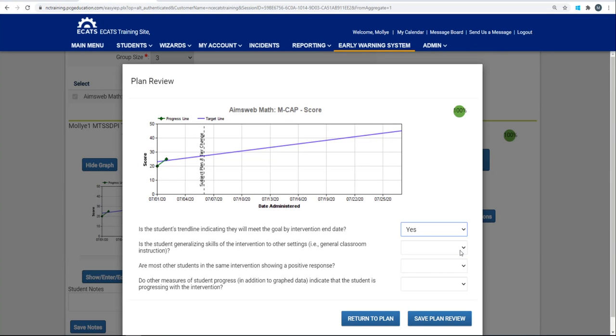Is the student generalizing the skills of the intervention to other settings? Again, you answer yes, no, or we don't have enough information. Are most other students in the same intervention showing a positive response? And do other measures of student progress in addition to that which is being graphed indicate the student is progressing with the intervention? Now, I just randomly chose yes, no, but you would answer those and then click on Save